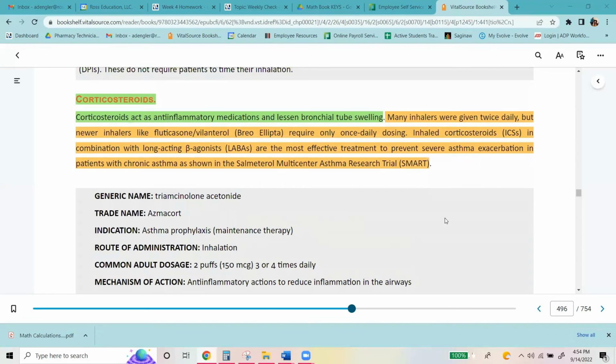Corticosteroids act as anti-inflammatory medications and lessen bronchial tube swelling. Many inhalers were given twice daily, but newer ones like Breo Ellipta require only once daily dosing. Inhaled corticosteroids in combination with long-acting beta agonists, which we sometimes call LABAs, are the most effective treatment to prevent severe asthma exacerbation in patients with chronic asthma, as shown in the Salmeterol Multicenter Asthma Research Trial, which we call